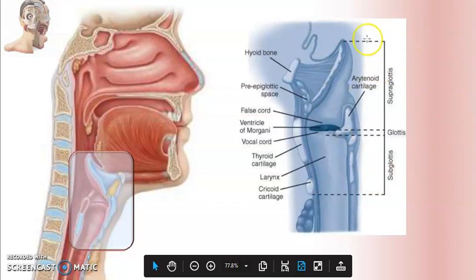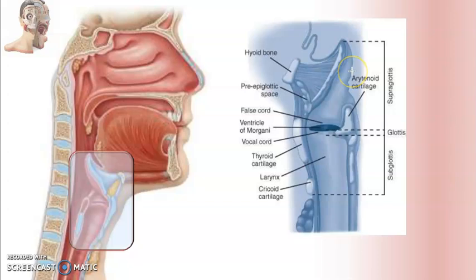So this larynx, in summary, is divided into, because of this cartilages, the orientation of ligament, membrane and all, in summary, it's divided into 3 areas. This narrowest area will be vocal cord area. That vocal cord area is the narrowest junction. It's called the glottic area or the glottis. Above that area is like a conical like structure, that area is called supraglottic area. Below that area is inverted conical like structure, that is called infraglottic or subglottic area. So the interior of the larynx is an hourglass appearance.